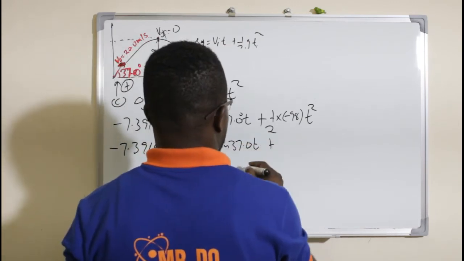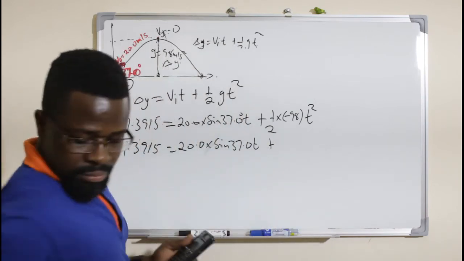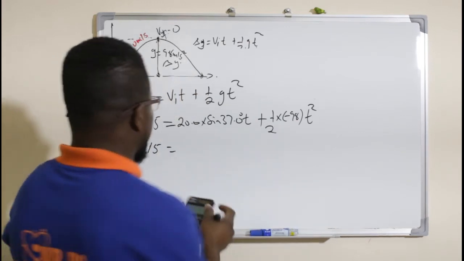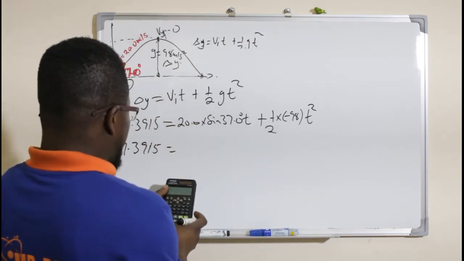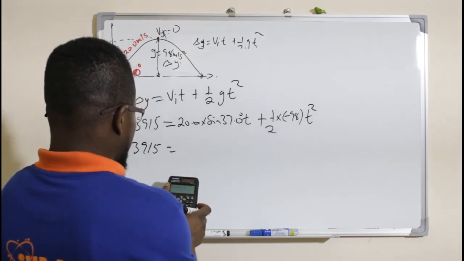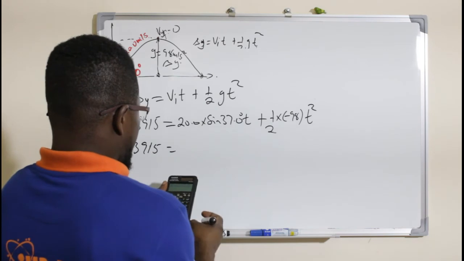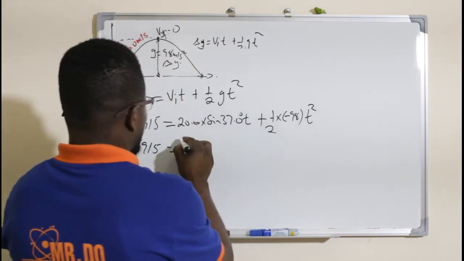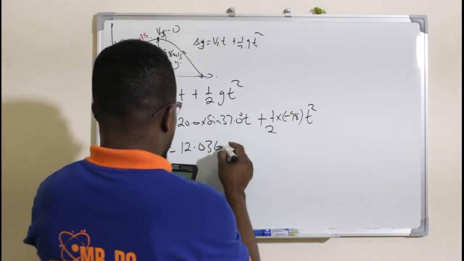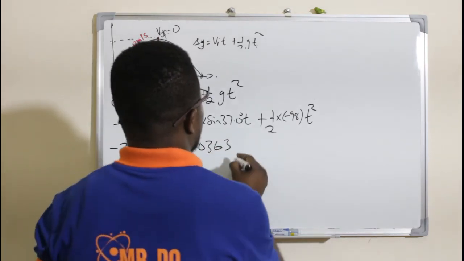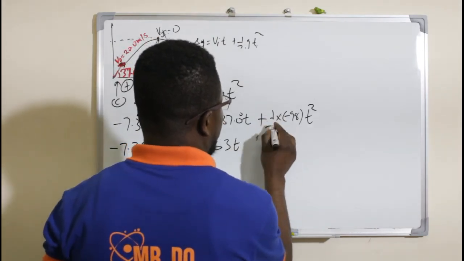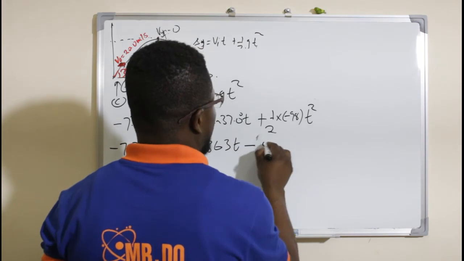Let me just punch the calculator. I'll leave it in 4 decimal places so we get an accurate result. So this is 20.0 multiplied by sine 37.0, and this is going to give us 12.0363 t. Plus, this will become minus because this is half multiplied by that, which gives negative